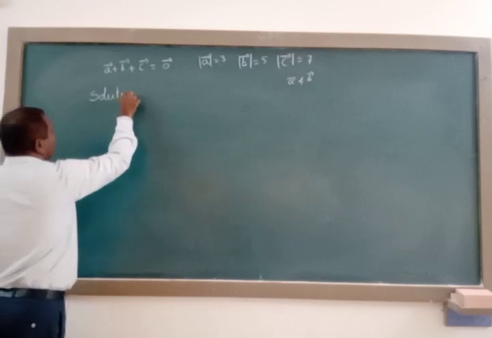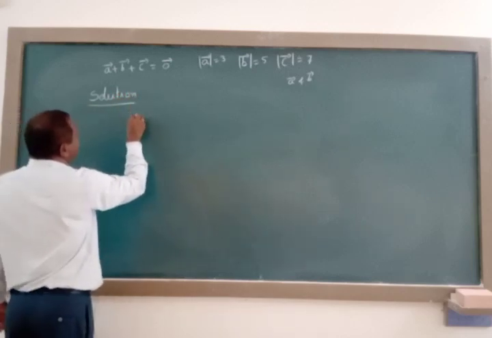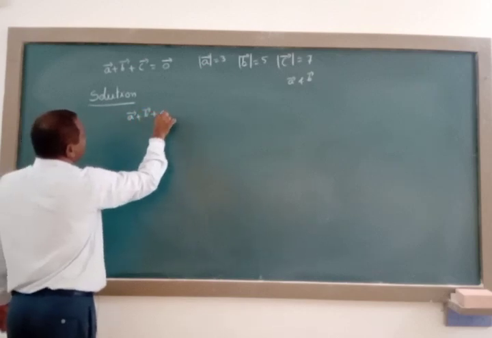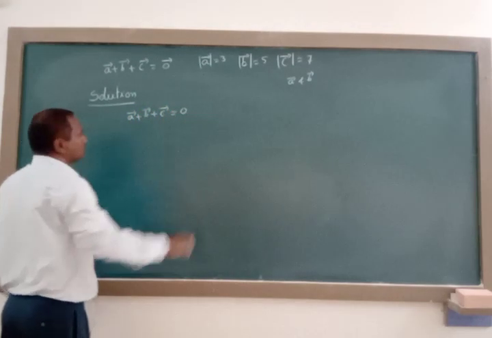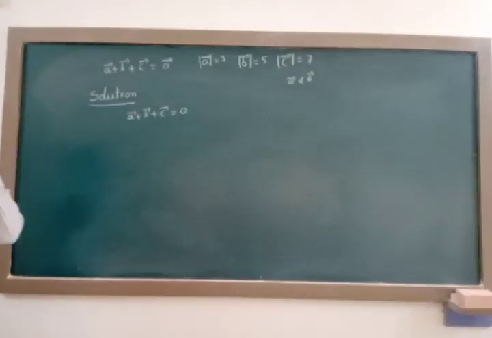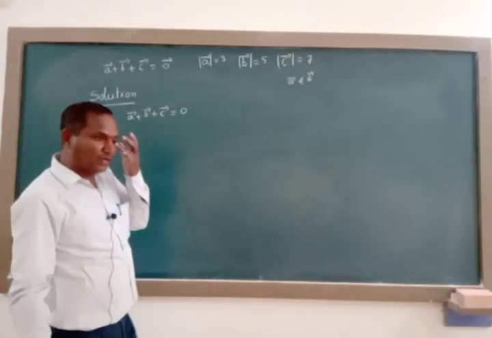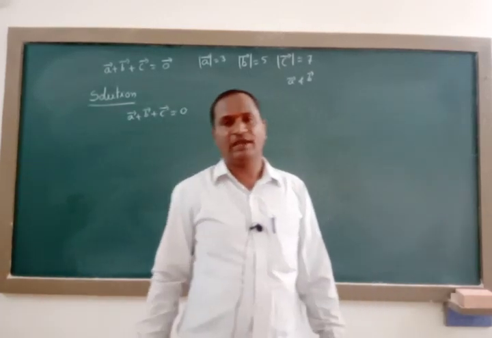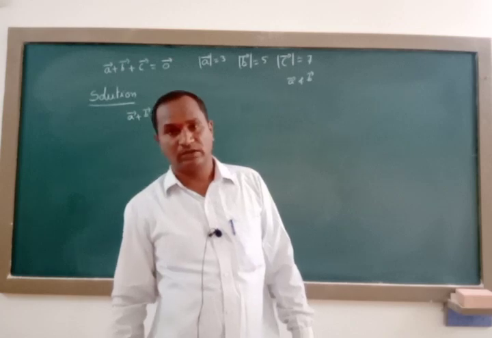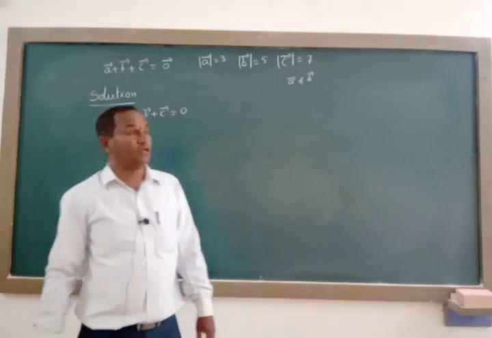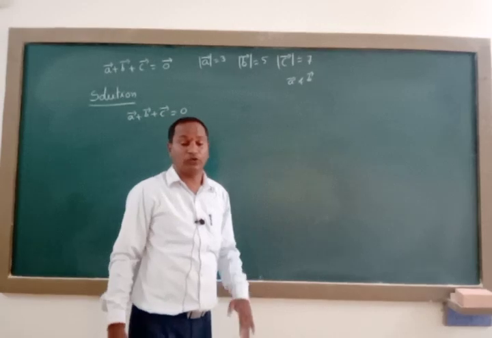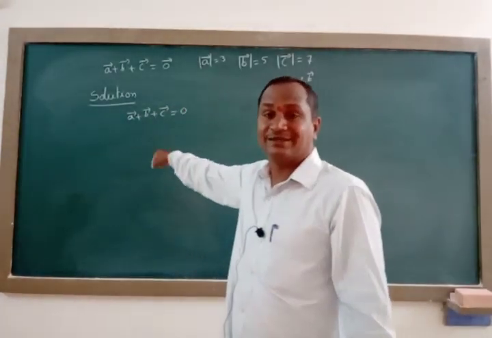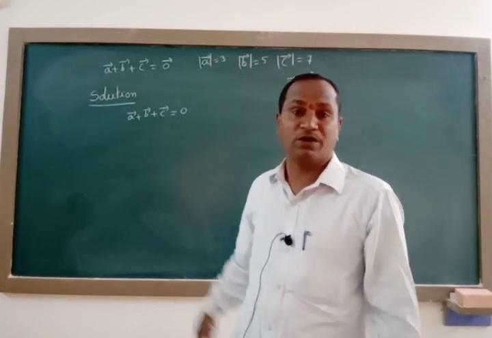they gave one condition here. Given condition is a bar plus b bar plus c bar is equal to 0. Cosine angle formula here we have to apply. For applying cosine angle formula, cos theta is equal to a bar dot b bar whole divided by magnitude of a bar into magnitude of b bar. Magnitude of a bar and magnitude of b bar, we know those two values, but we don't know the a bar dot b bar value. For that only we have to apply this type of solution to find first a bar dot b bar here.